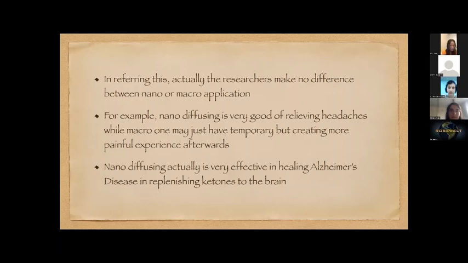And nano diffusing is very effective in Alzheimer's disease in replenishing ketones to the brain. I have written an article for the Drug Design Journal Open Access about Alzheimer's disease and how to use nano diffusing with ketone-rich oils like eucalyptus globulus, rosemary, camphor, plus lavender, to heal. But you need to do 2 sessions, with each session for 6 hours. So you need a very refined particle to do this, or if not, before they get well, they will develop epileptic seizure too.